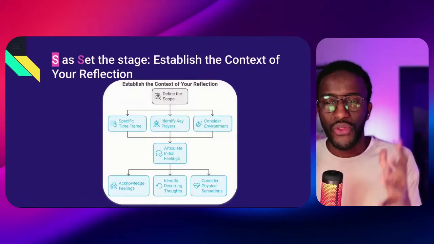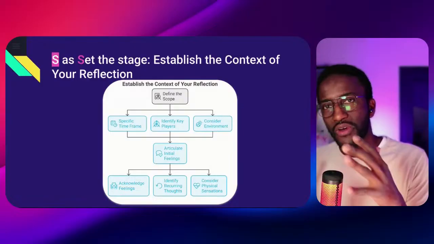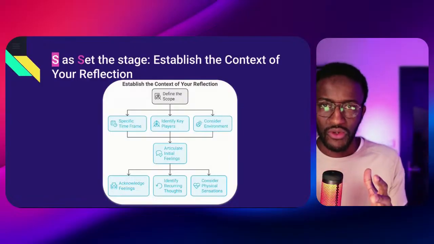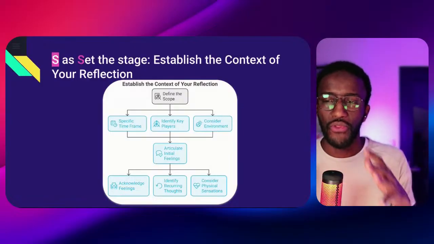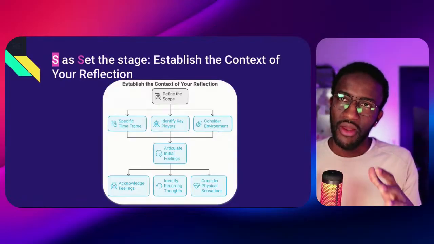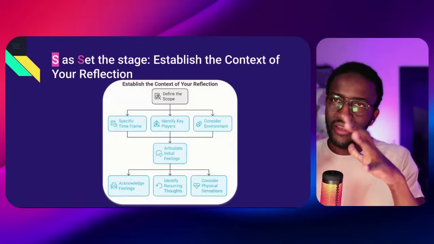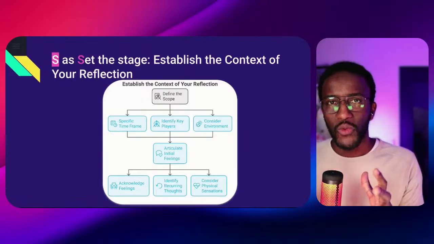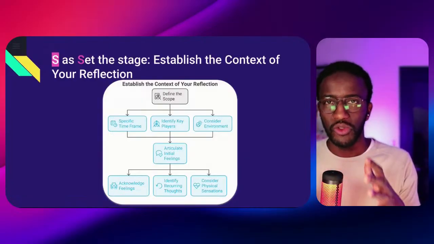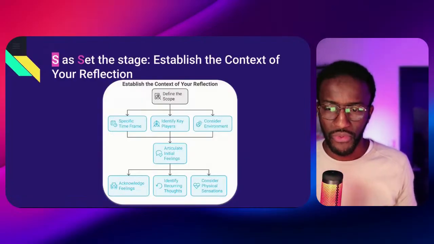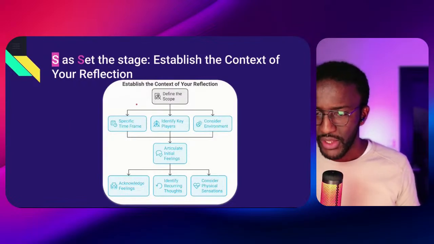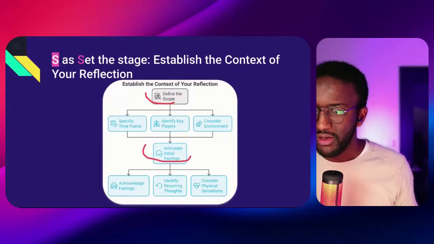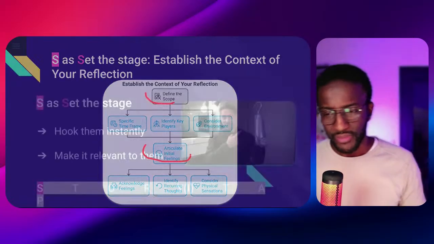So in this first step of using Storytap as a self-reflection tool, the first thing is to set the stage, to establish the context of your reflection, meaning that you have to define a clear context about the subject on which you want to reflect during those different steps of Storytap. This is really important. So defining the scope first and then articulating your feelings and thoughts.